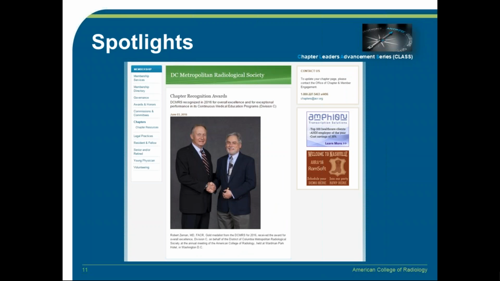But this goes back to what I was talking about earlier with the whole keeping up with the Joneses aspect. You can do different things like spotlights. You can highlight member success stories. You can highlight potential best practices in terms of volunteering in the community and how that may have bolstered their brand within the radiologist brand and connection with the community. It's also a way to highlight some of the great things, because then you can create a dialogue, and that dialogue is great because your ideas start coming together with different people. You're able to help people with best practices, etc. So it's a good way to stay in touch.